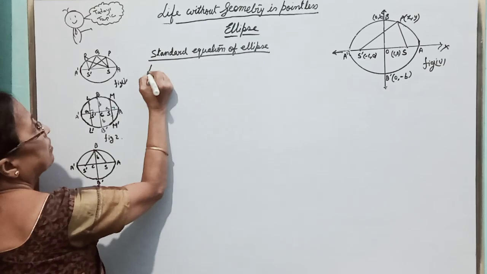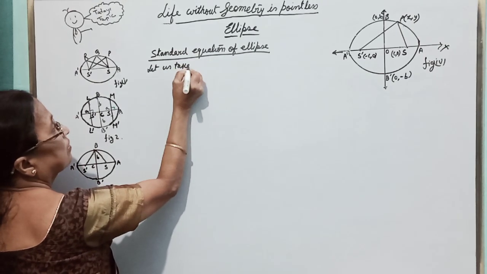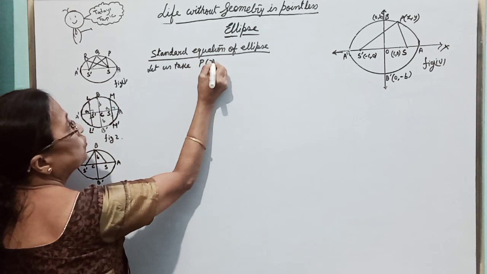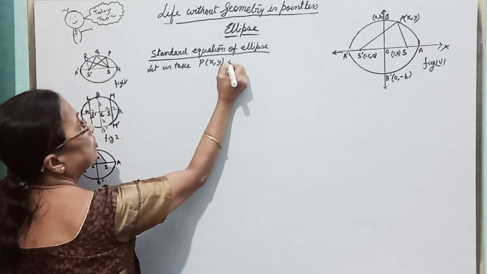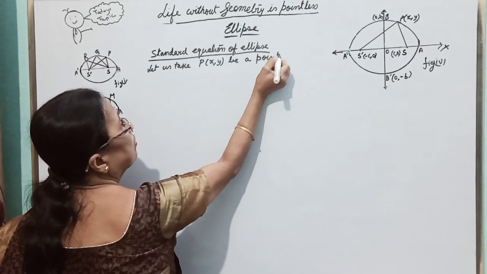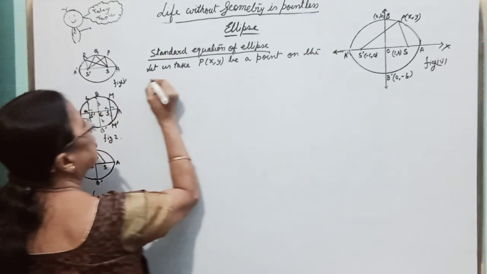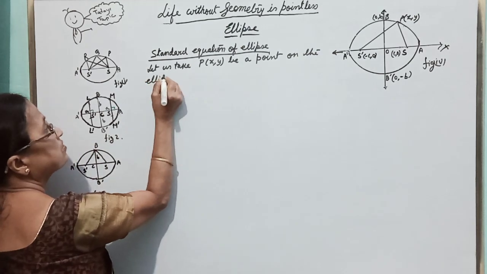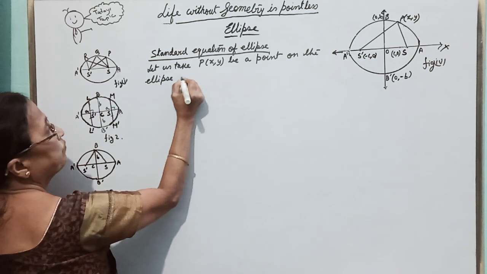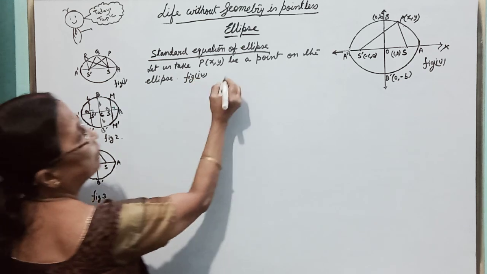Let us take P(x, y) be a point on the ellipse. See figure 4. In figure 4, we join PS